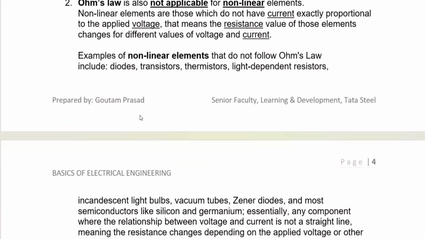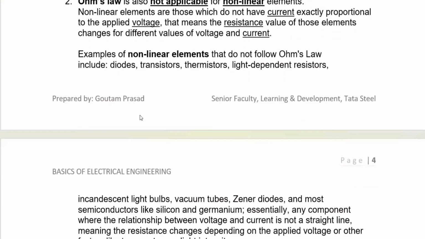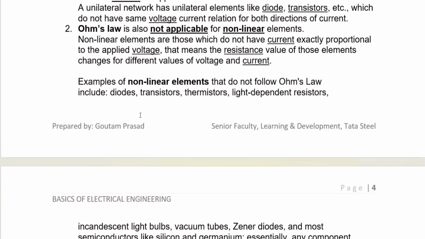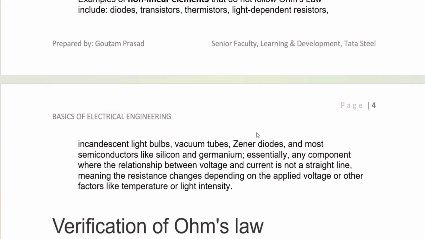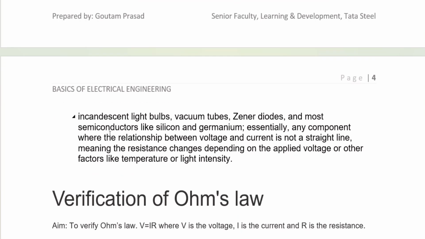So the linear relationship obeys, whereas the non-linear relationship of V and I does not obey Ohm's law. Examples of non-linear elements are diodes, transistors, thermistors, light-dependent resistors, incandescent light bulbs, vacuum tubes, Zener diodes, and there are many other examples like